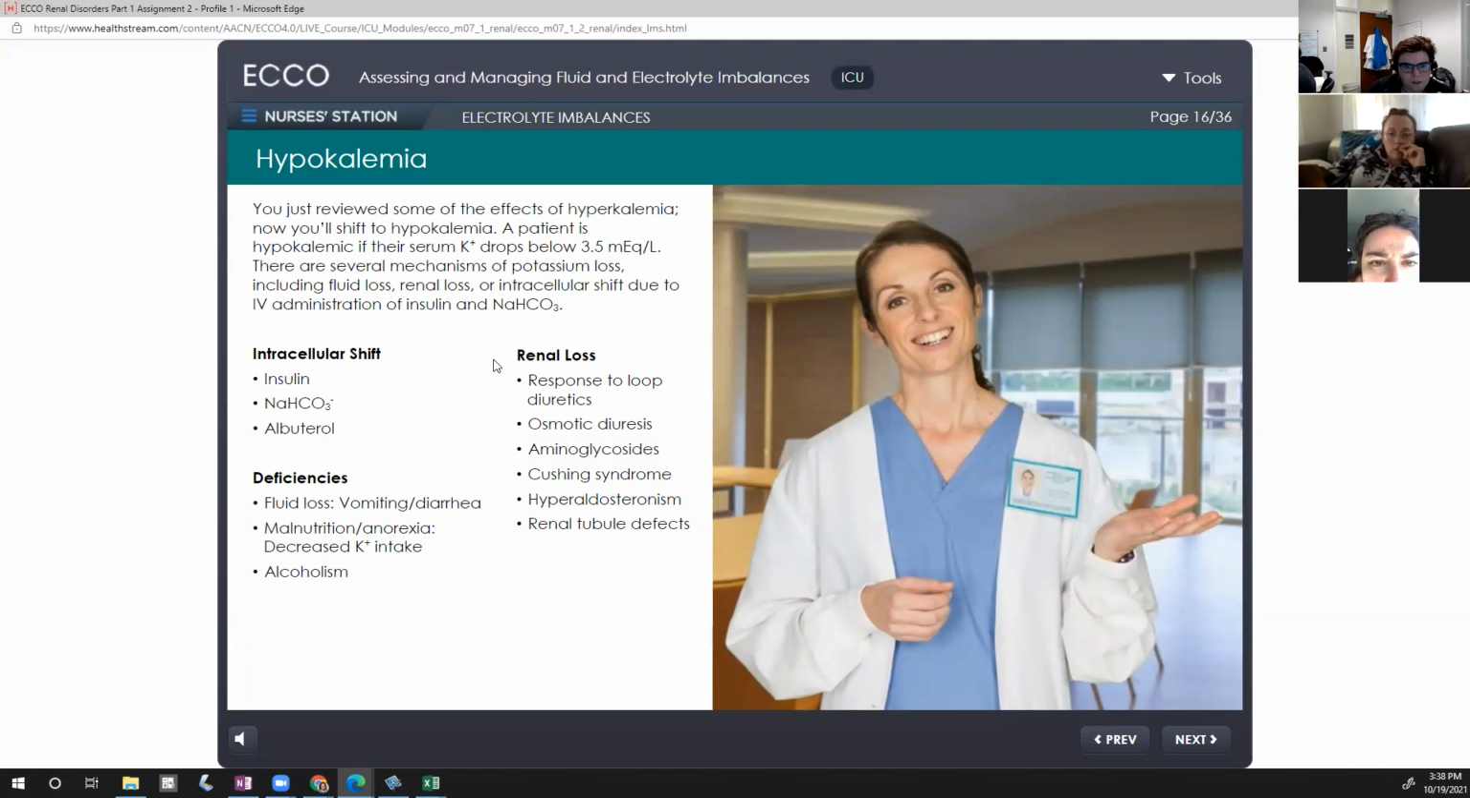So this is hypokalemia. Obviously, if we have an intracellular shift, or we have an issue where we're losing a lot of K, so vomit unfortunately has a lot of potassium in it. It's one of the side effects of lots of vomiting and diarrhea. Unfortunately, they're malnutritioned, so our alcoholic patients who don't get good diets, we'll see them. And then if you've got a renal issue,